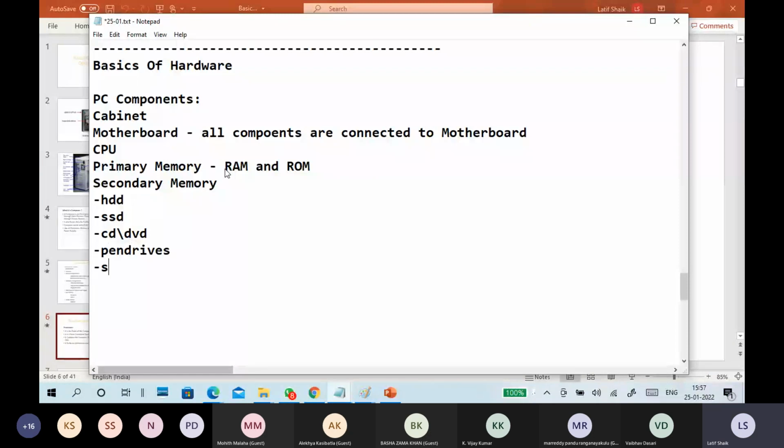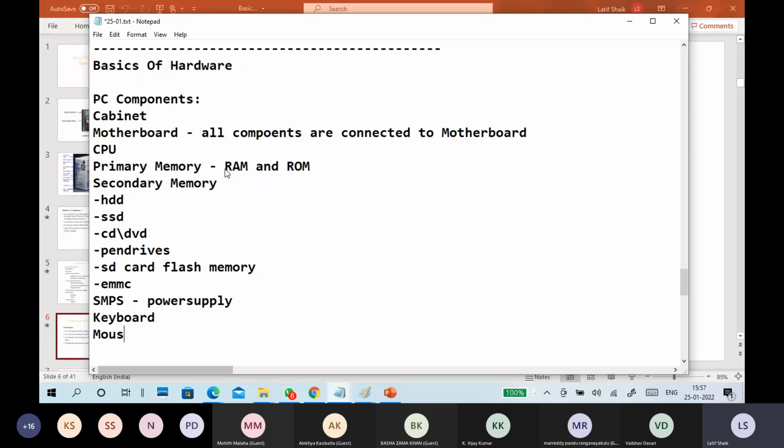You can put SD cards. There are so many types of flash memories. SD cards are nothing but flash memory, NAND memory type only. I also mentioned eMMC. Okay. Input devices, SMPS power supply, keyboard,